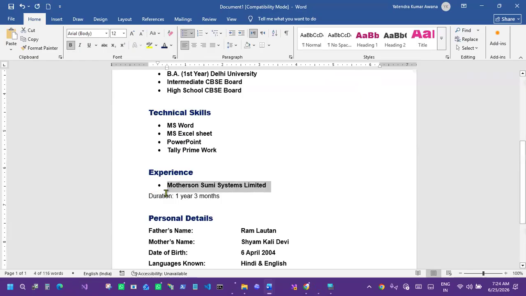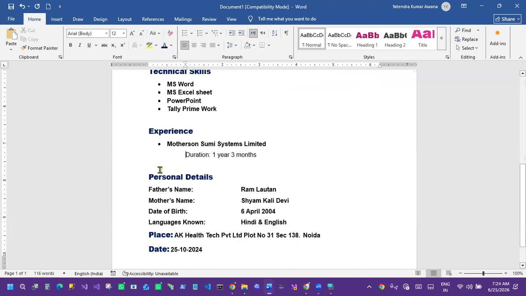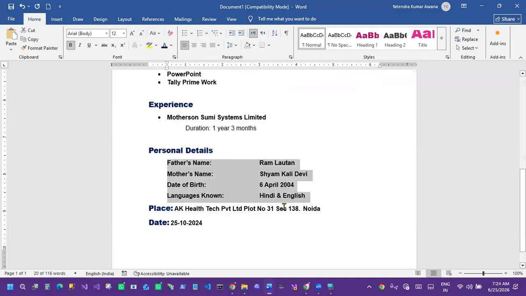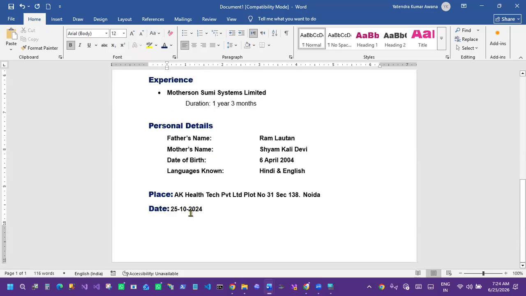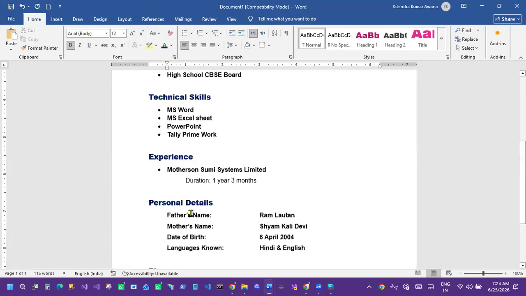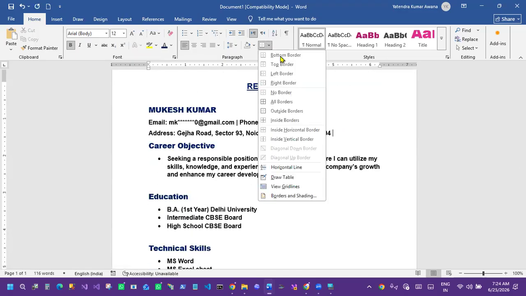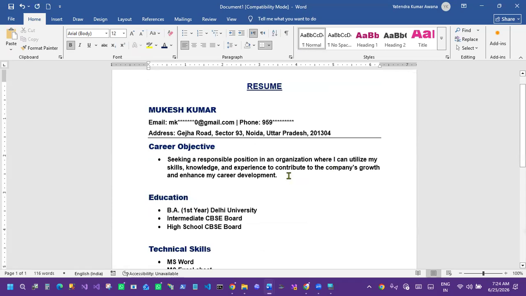Like that. I don't want a bold bullet here, but I want to shift this one. Okay, so I can shift like that. Personal details, I also want to shift from right to left, so I can do that like that. I can put a space here, and this is perfect for me, right? I can click here, I will come here, I can use the bottom border like that if I want.